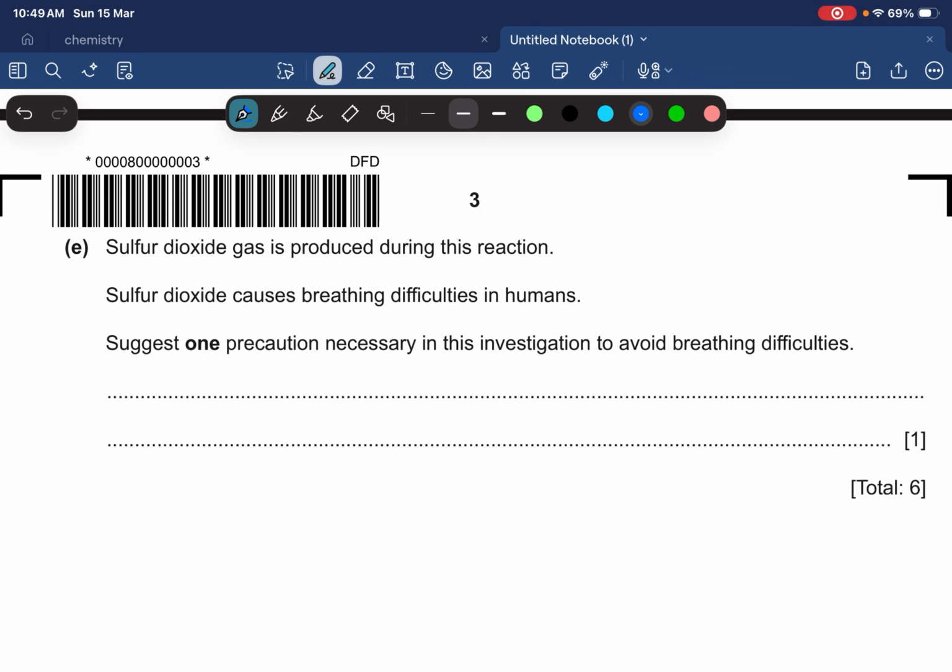It's just one precaution necessary in this investigation to avoid breathing difficulties. Okay, so basically,